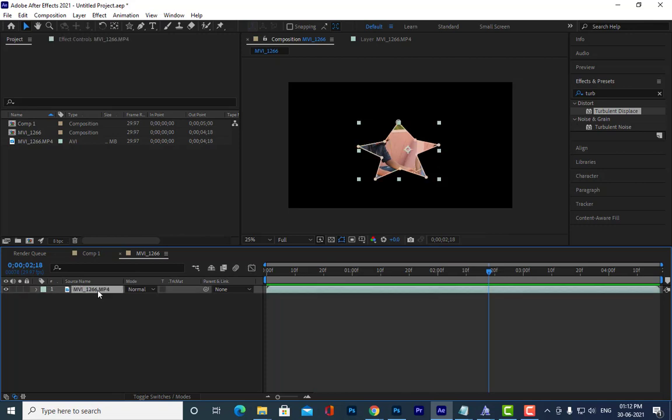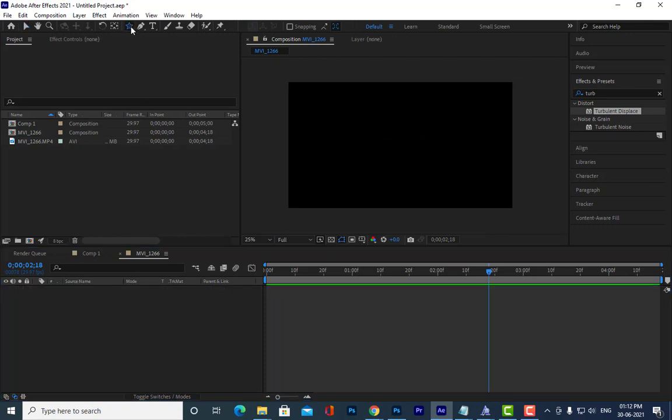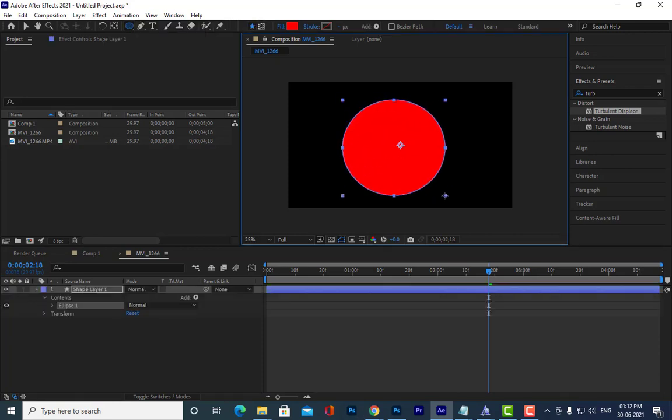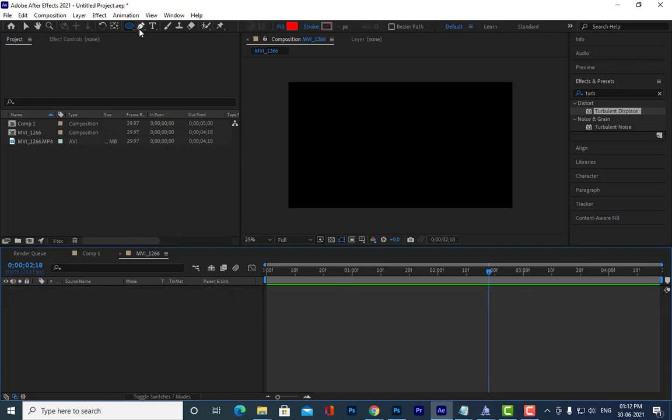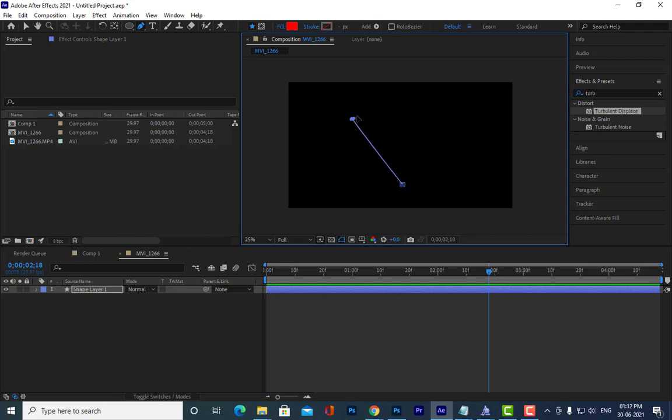These are the shapes that we are able to see in After Effects. But let us say if you want our own shape, how can we get our own shape? You can create your own shape like this, a heart shape like this.